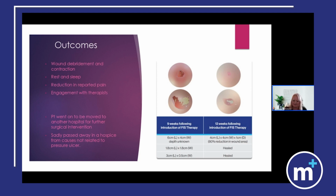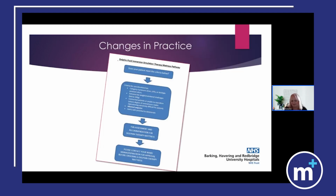So there was a lot of learning for us to take from this particular case. And we sat down as a team and talked about how what we'd learnt would influence what we did for patients who we met in the future. And so following this case, we drew up a pathway so that we would prompt ourselves to think in a more proactive way about something like the dolphin, because the big regret that I took away was that I hadn't thought about it sooner, because I could have made him comfortable sooner. So our pathway